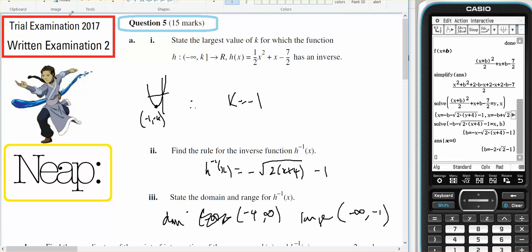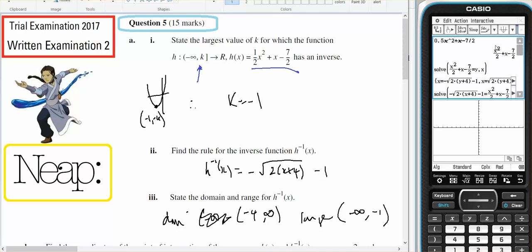This is for Year 12 Methods. It comes out of the NEAP 2017 Exam 2, question number 5. State the largest value of k for which the function, so k is the upper part of the domain. Here I've taken this, I've graphed it, and I've found that